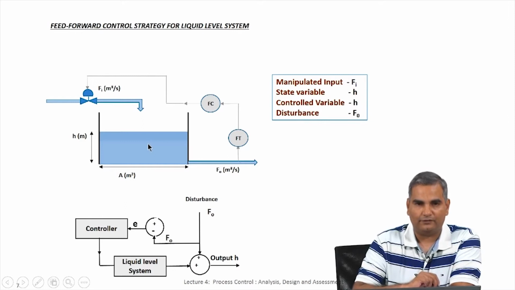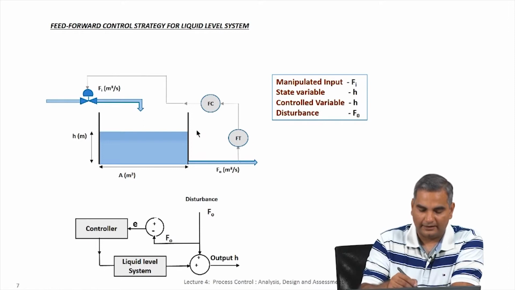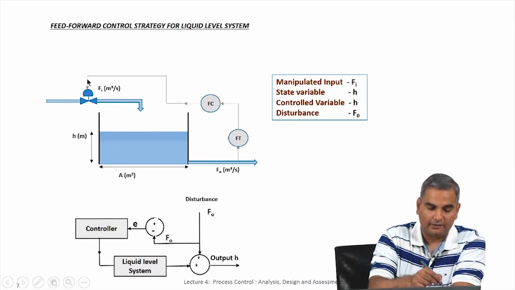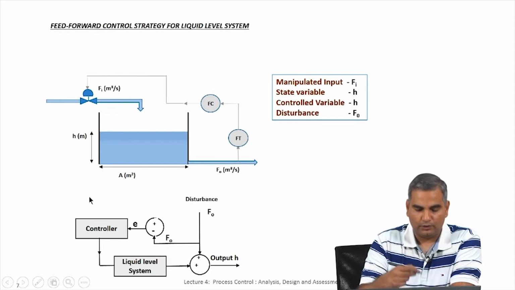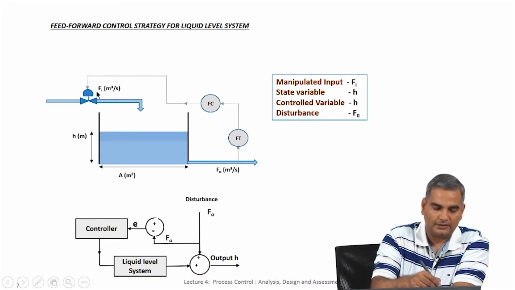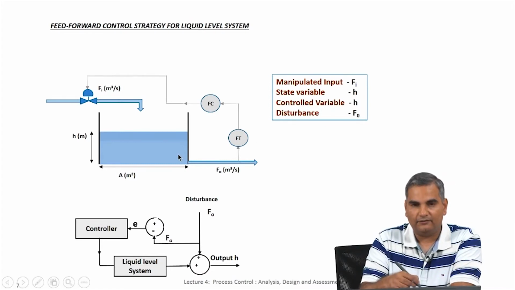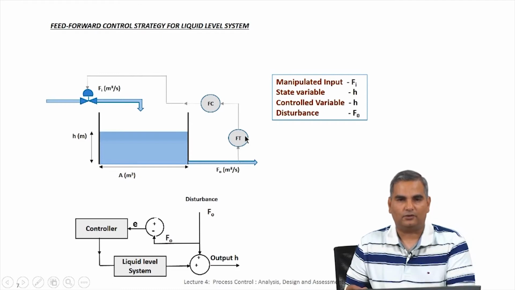So, this is a feed forward control strategy. Now, in the same example, if you also add height measurement and an error based manipulation of the valve, that would be a combined feed forward feedback control strategy, which would automatically take into account mistakes made in this F naught flow change, because you would assume that F naught has changed by a certain amount and then change Fi correspondingly. However, the height will not remain constant. That might be because the F naught measurement itself is wrong. Those kinds of errors you can fix using a feedback control strategy.